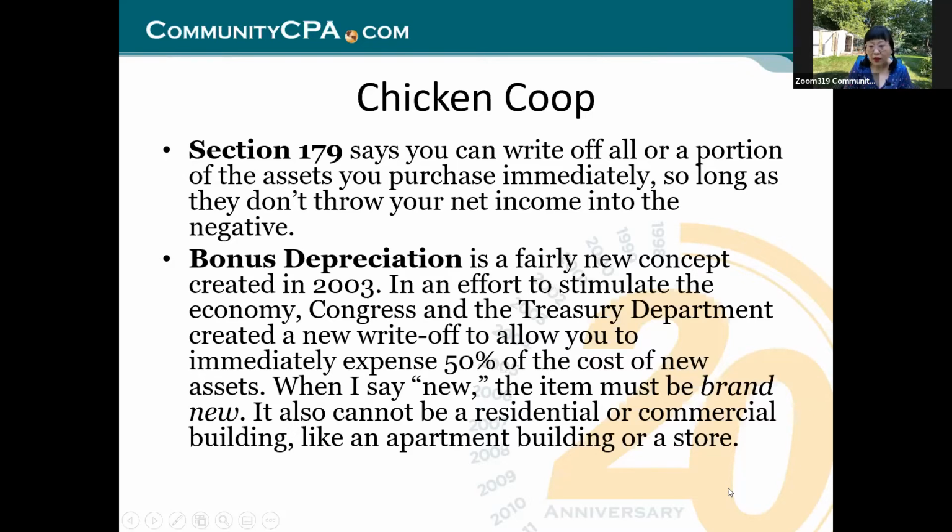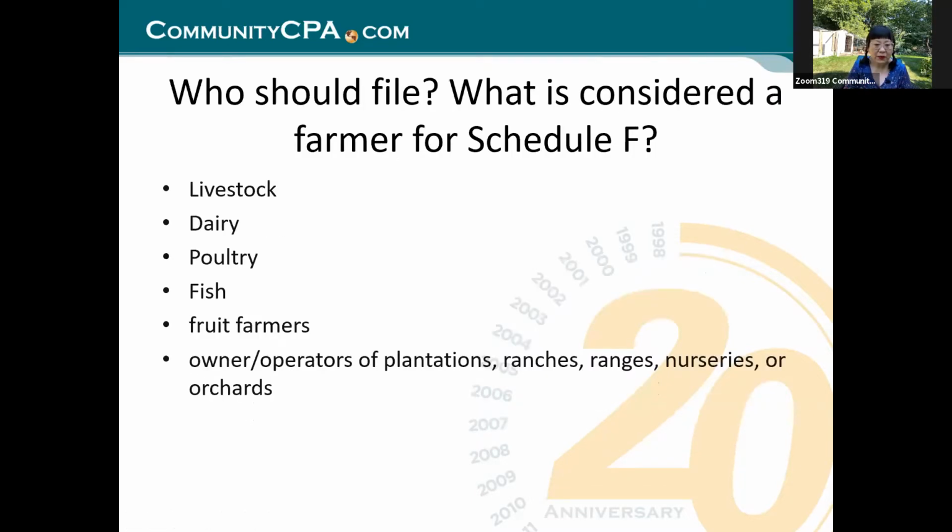So this is where I want to show you on the tax return as well. And who should file? What is considered a farm for Schedule F? This is the very question you would ask, right? You would say, well, what if I just have a big backyard and I was doing farming activities? As long as you are licensed properly in the city, some cities don't allow you to have a little farm in the backyard, but some cities do. So make sure you check with your city. As long as that is allowed and you can properly do it,